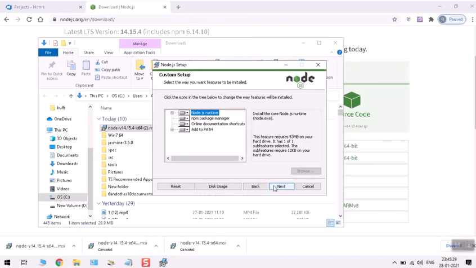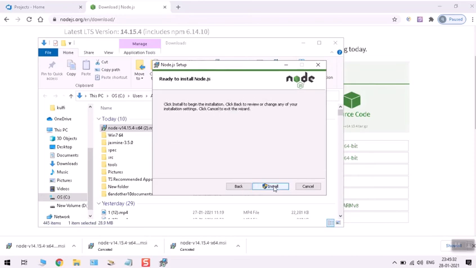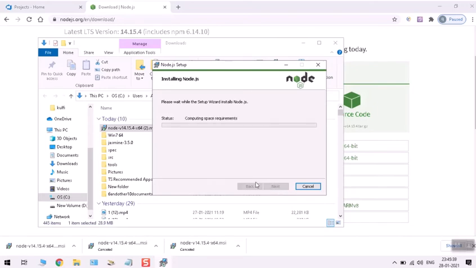Then it shows the path where it is going to be stored. Let's wait until the installation completes. It's going to complete now.